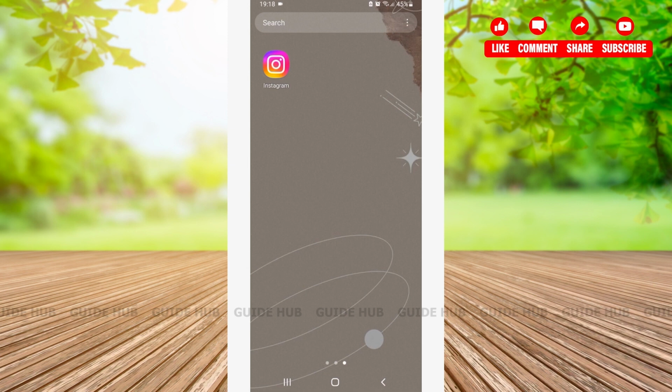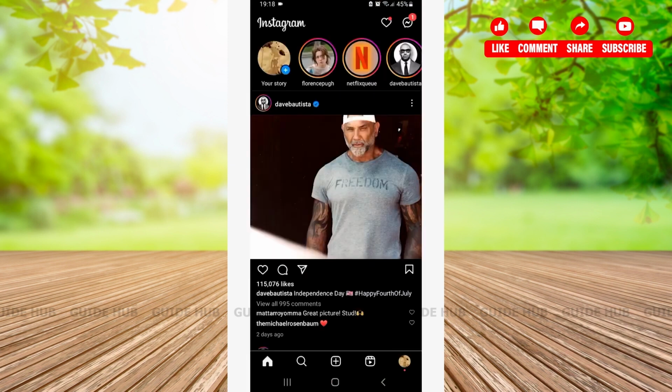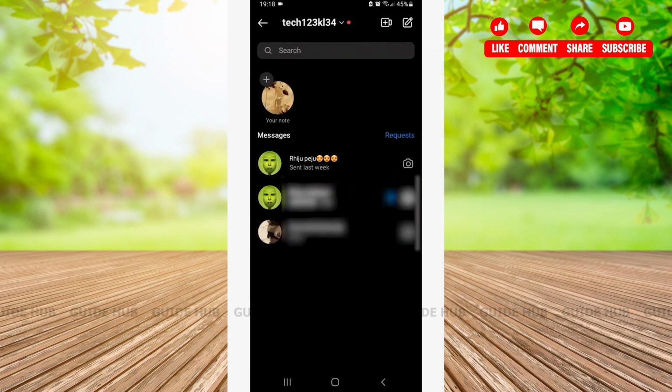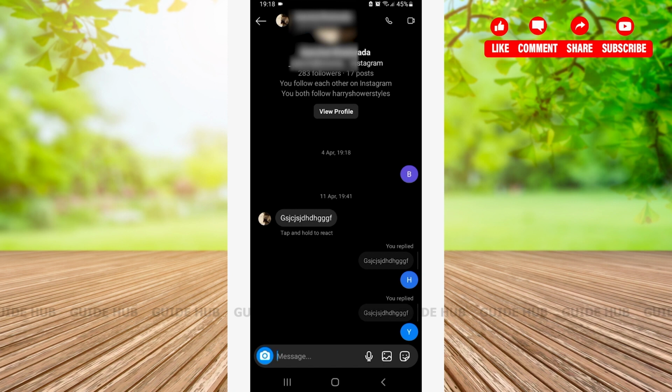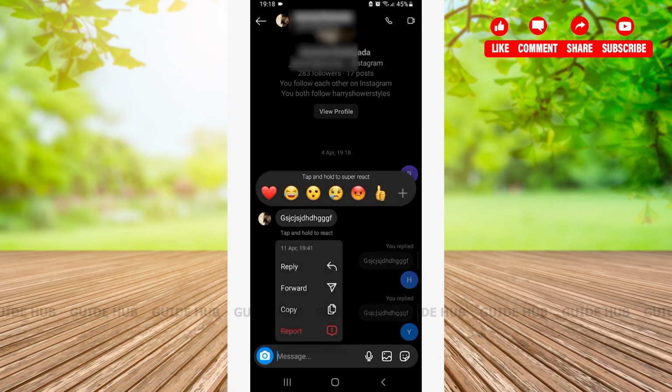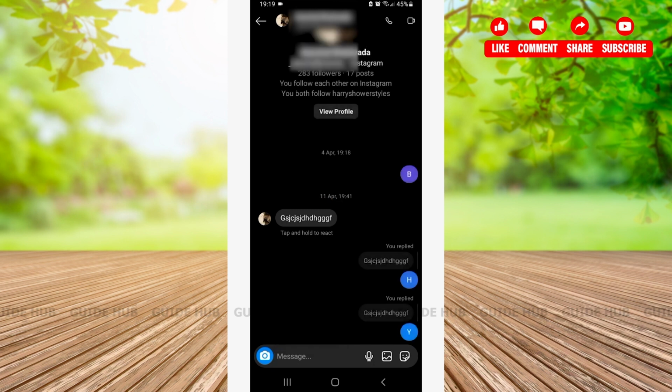The first thing we're going to do is open our Instagram app. Here, as you can see, right after opening your Instagram app, you'll be on the home page. From the home page, you'll have to go to the chat space. From the chat space, you can go to the person that you're talking with, and if you tap on it, here as you can see on the screen, I do have the reply feature. But if you are missing this reply feature, then in this video I'm going to guide you on how to get this feature. So in order to get your reply feature back, the first thing you're going to do is